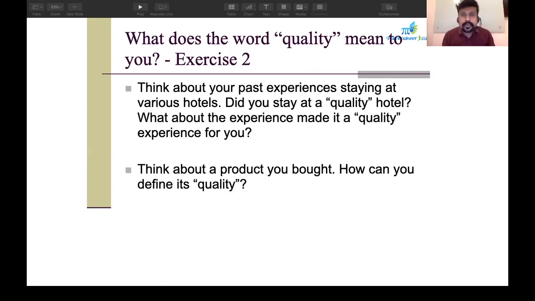This is the first one. The second part of this exercise, write the name of a product that you have bought and write the brand name for that and mention 3 to 4 reasons why do you say that this particular product is a quality product. Okay, so these two you need to write down in the format that we have already sent to you in mail. So you can just take those exercise book and mention the answers in the area that was given in exercise 2, and you can share it with us.